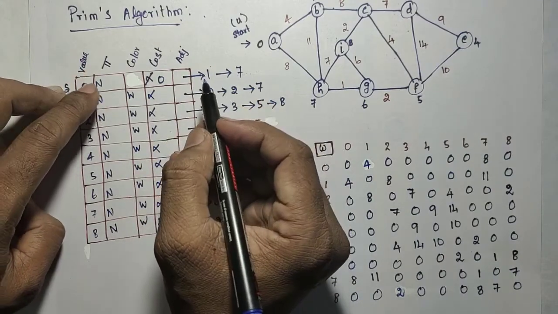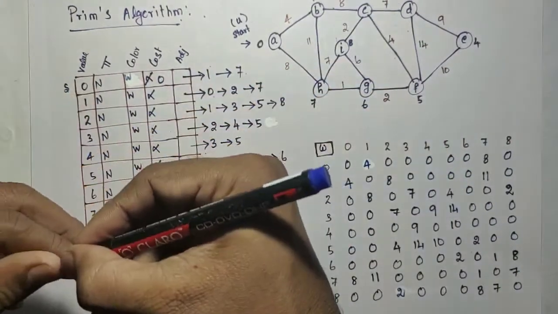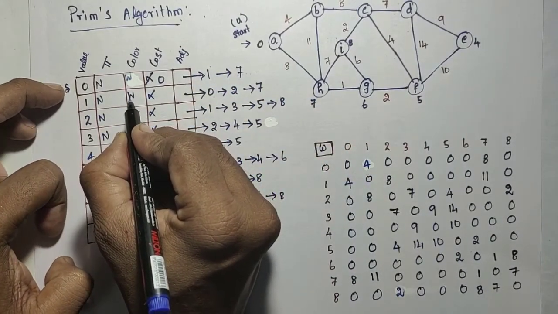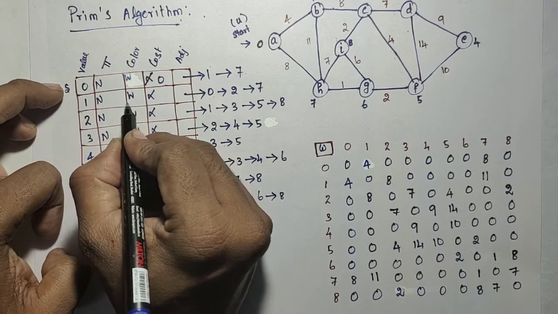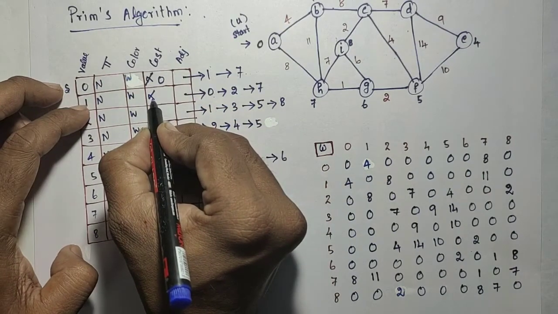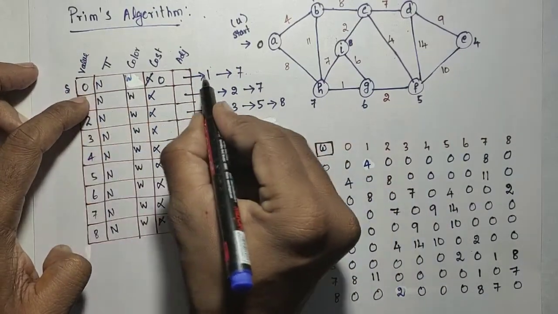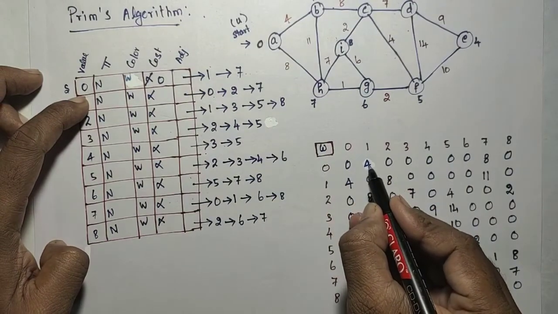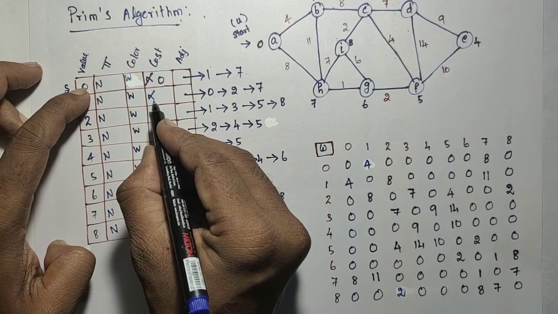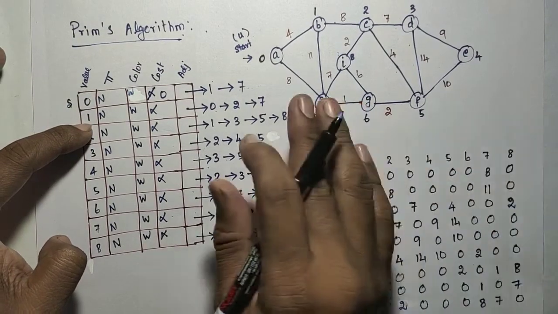So first, what you have to check is the color. Go to vertex 1; that color is white, so it is not visited. If it is not visited, then you check whether the cost 0 to 1 is less than the existing cost of 1, then you update; otherwise don't do it. So what is the cost from 0 to 1? The cost is 4. 4 is less than the existing cost of 1, which is infinity. So if it is less, you have to update it.